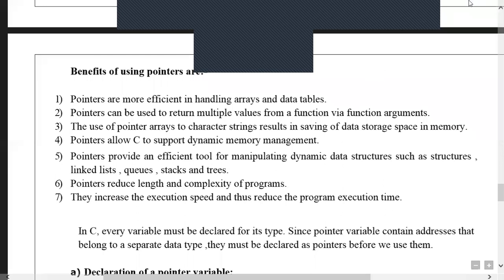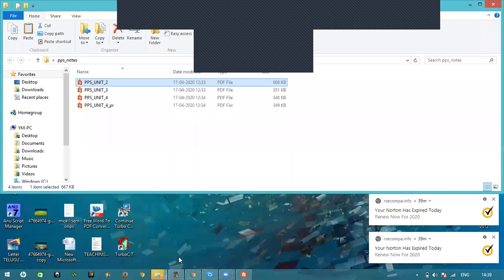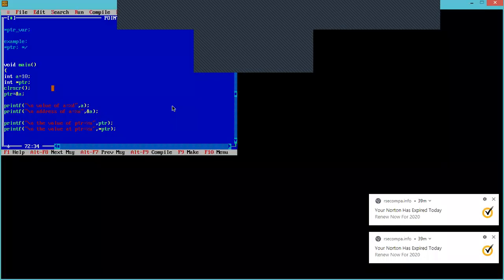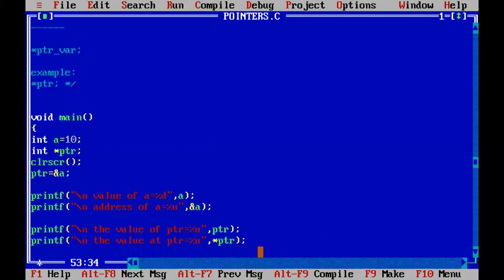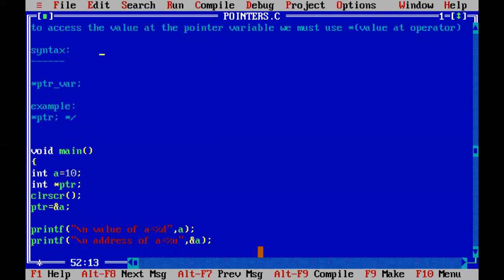Right? Any doubts regarding pointers? You just have to remember how to define a pointer, how to initialize it and how to access it. To define a pointer, we have to use the star operator. For initializing, we use the assignment operator.